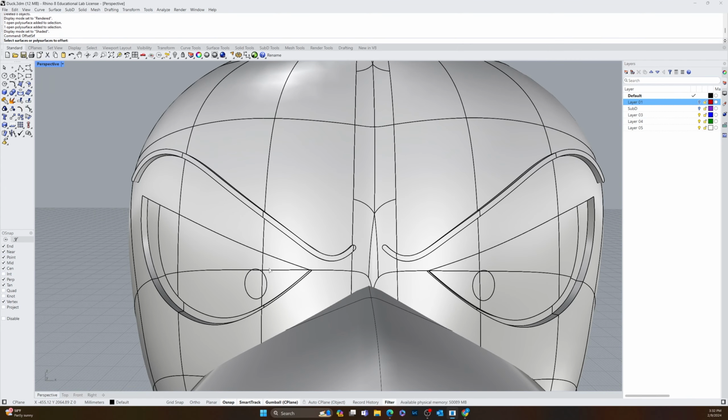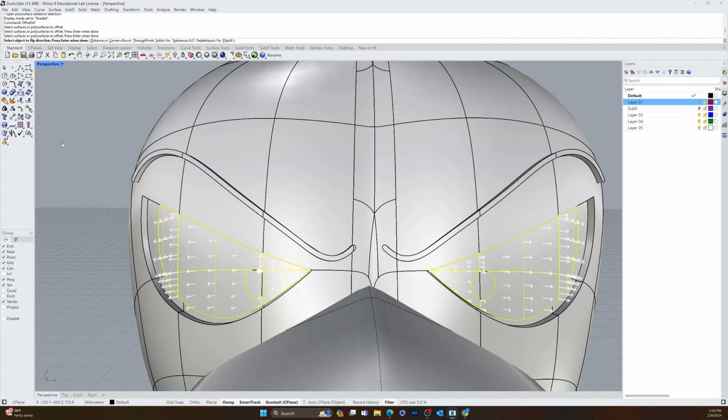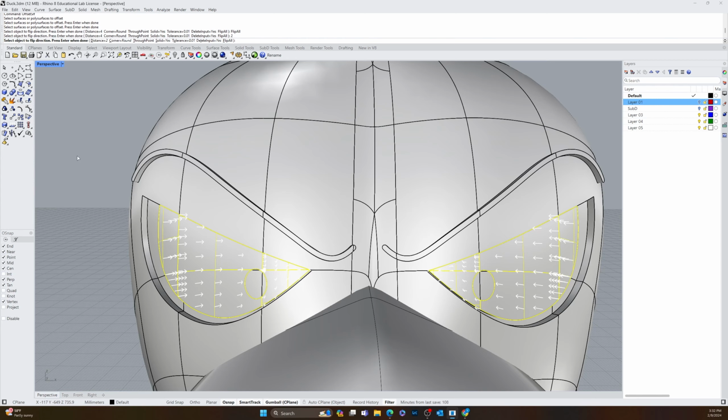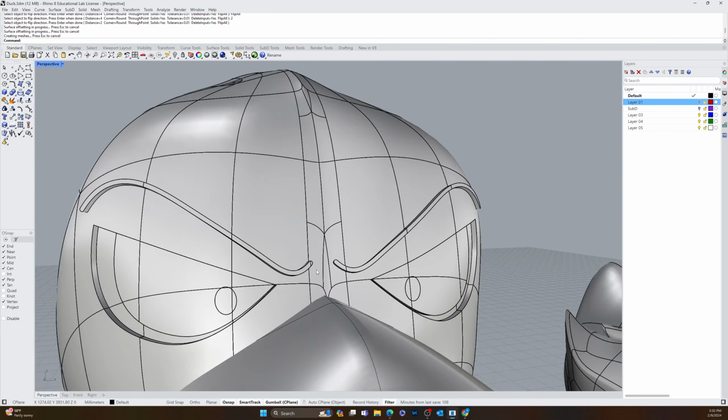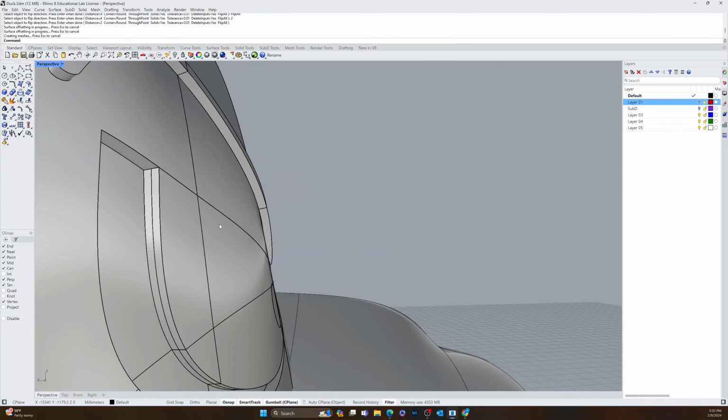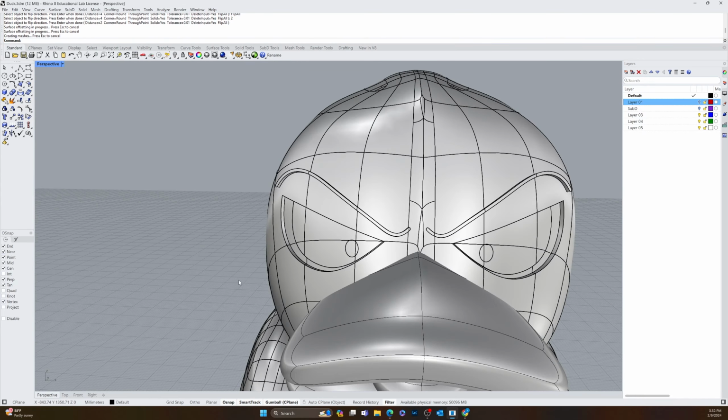offset surface, that one, and that one, flip all, and this time we're going to do 2, 2, so it's a little bit less. Okay. And that's where things are going to get a little bit more complicated, because it's not going to work the same way if I extract the surfaces like I did last time,